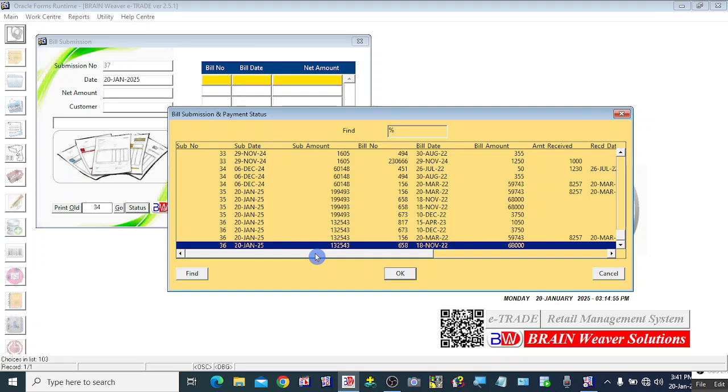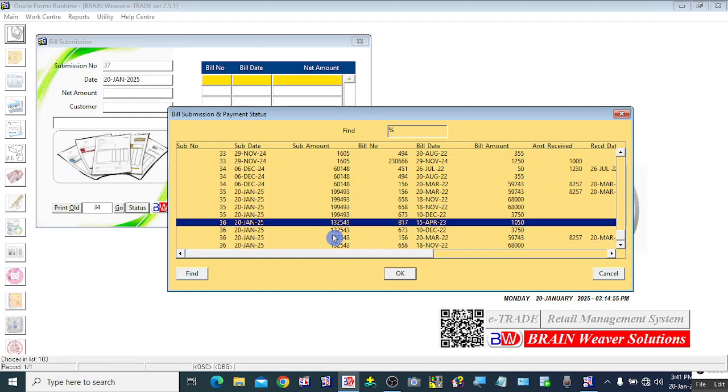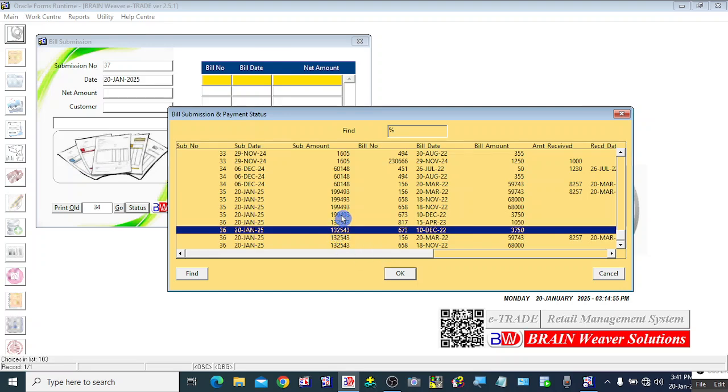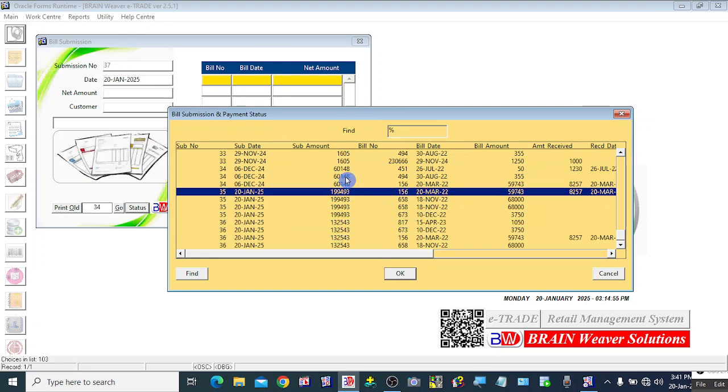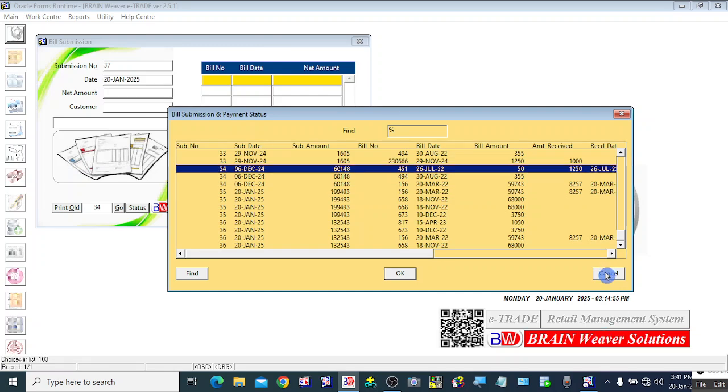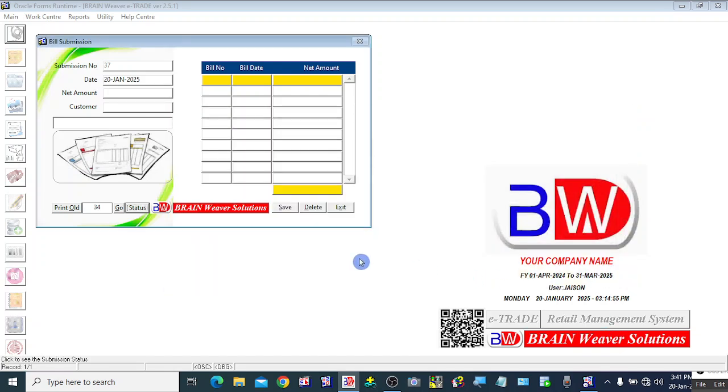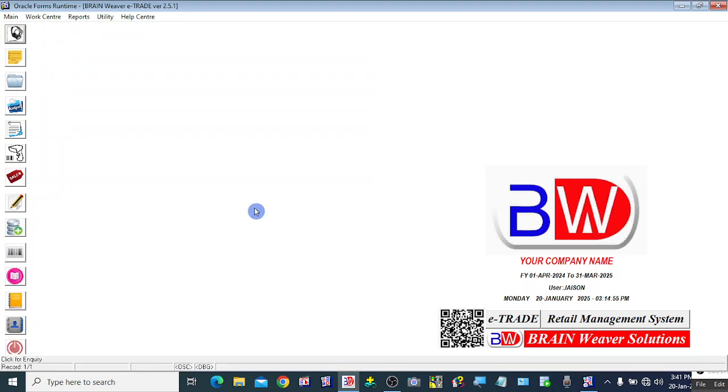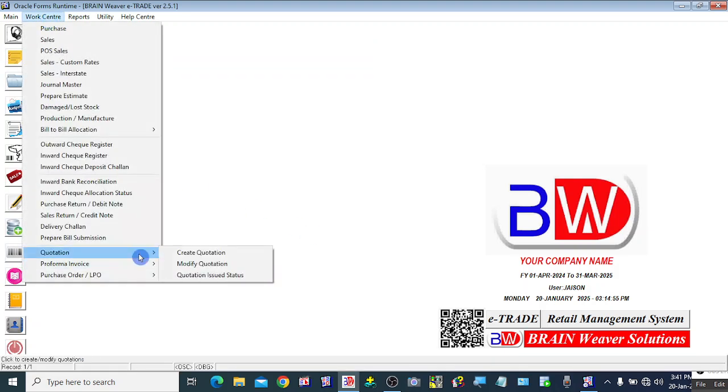how many bills are still pending to receive the amount via the various bill submissions we have submitted to the customers. In this way, we can very effectively communicate periodically with your customers for making payment follow-up, submitting all the invoice copies